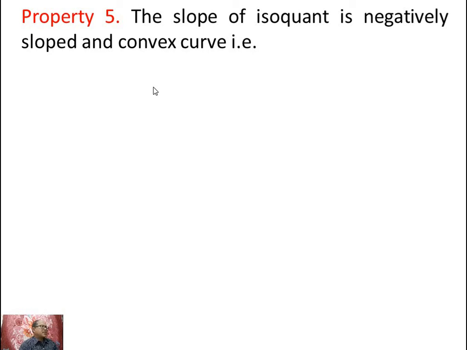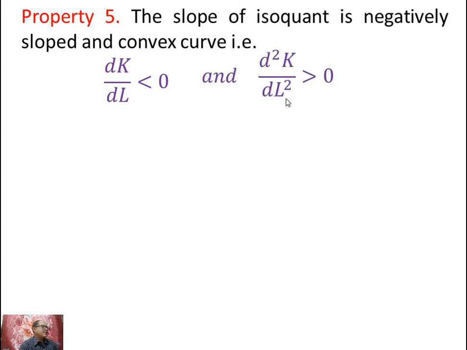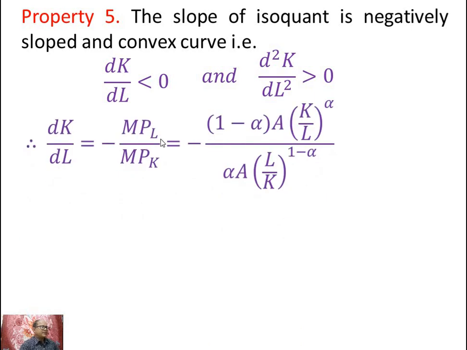The slope of the isoquant is negatively sloped and convex curve, that is dK/dL is negative, less than 0, and d²K/dL² is greater than 0. That is, the first-order derivative of K with respect to L is negative, and the second-order derivative of K with respect to L is positive. Therefore, dK/dL is nothing but minus MPL/MPK,